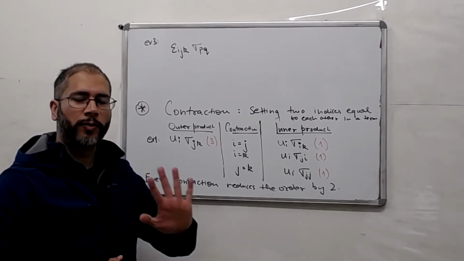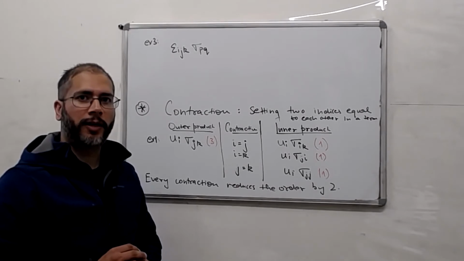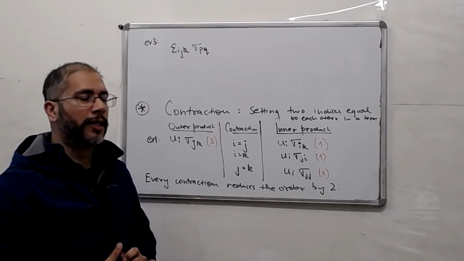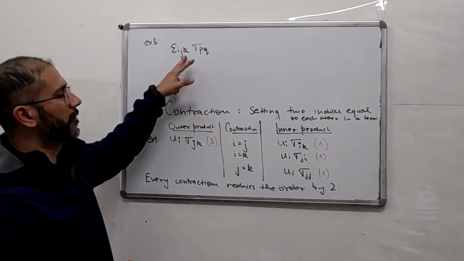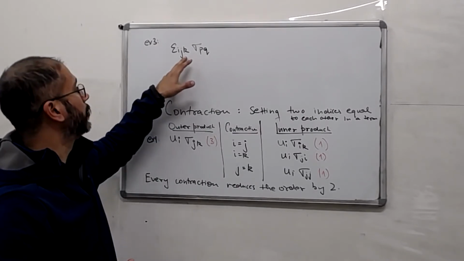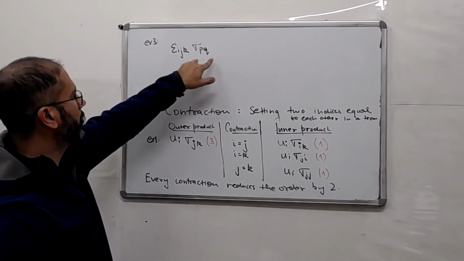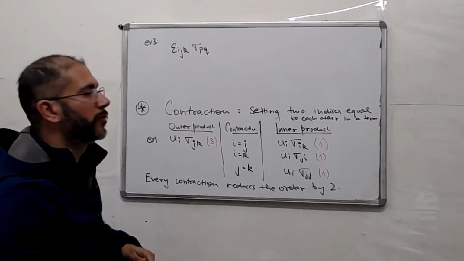We'll talk more about whether it's a tensor or not, because we discussed in the beginning that for an object or a quantity to be a tensor, it should satisfy certain properties. But very loosely speaking, we can call this a third order tensor. It has a total of 27 components. So this seems to be an outer product of epsilon and sigma. It has 3 plus 2, 5 free indices. Okay, that's the outer product.